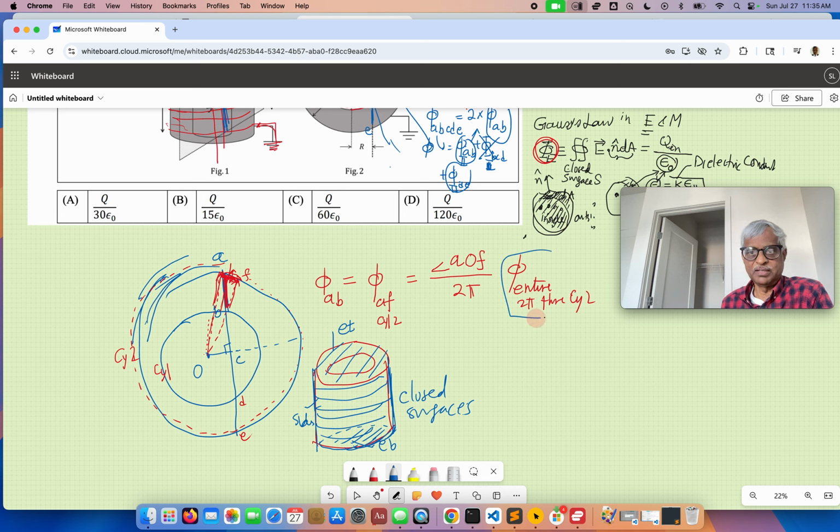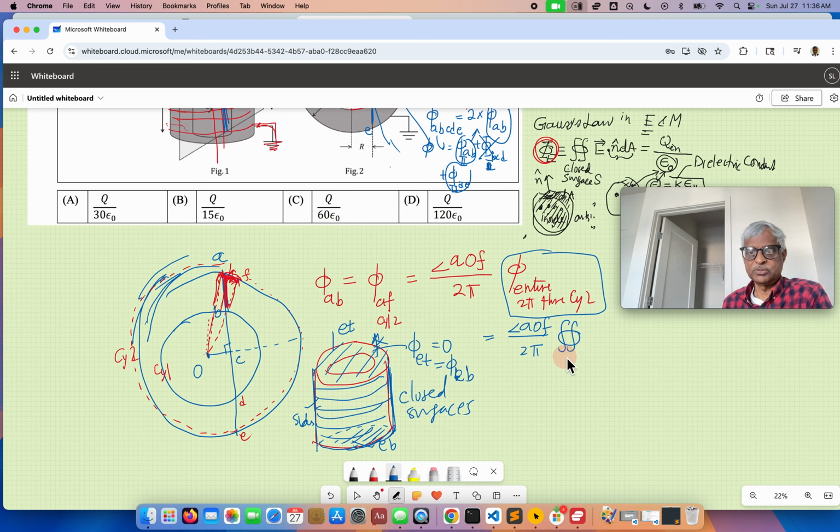So this part is just the sides, but the flux through the top edge is 0 because no electric field lines are crossing, no electric field that way, and the flux through the bottom face is also 0. Okay, so this is a closed surface, so this is equal to angle AOF over 2 pi, and